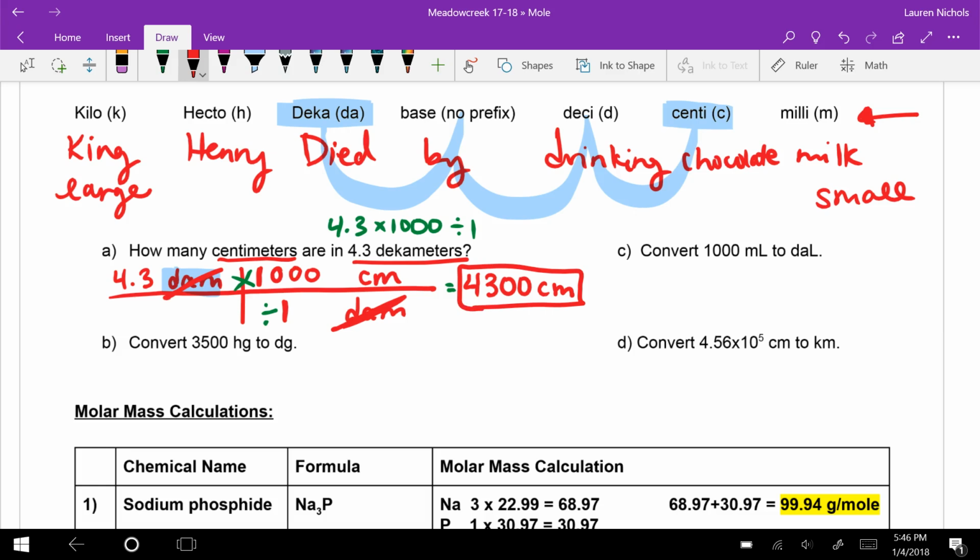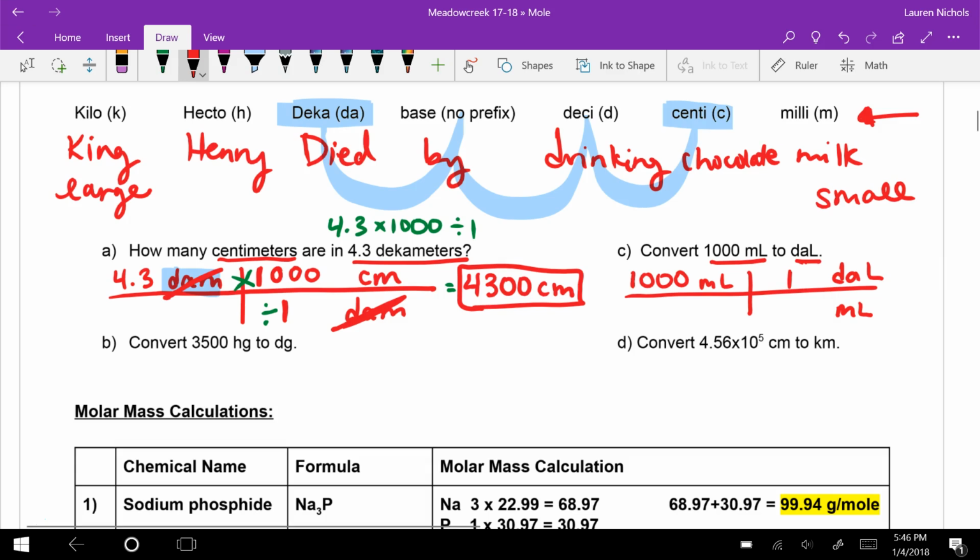Okay. Now, what if we were to do one like C, where it's going from a smaller unit, milliliters, to decaliters? Well, again, we start off with what we're given, 1,000 milliliters, and we put the unit that we have on the bottom. So we're going to put milliliters on the bottom and decaliters, the unit we're looking for, on the top. And we know that deca is larger than milli, so I'm going to put a 1 next to decaliters, and